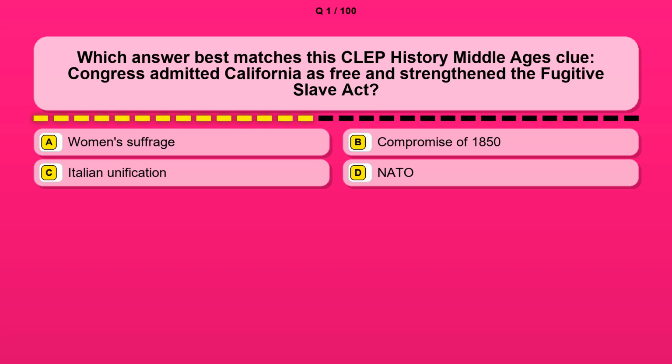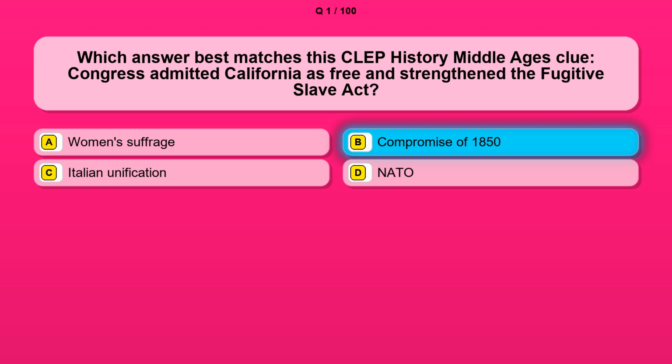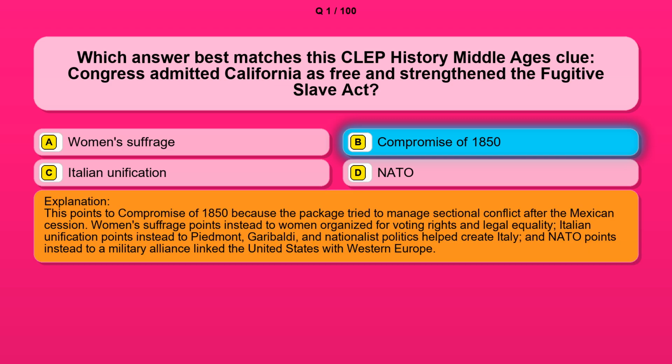Option A. Women's suffrage. Option B. Compromise of 1850. Option C. Italian unification. Option D. NATO. The correct answer is option B. Compromise of 1850. This points to Compromise of 1850 because the package tried to manage sectional conflict after the Mexican